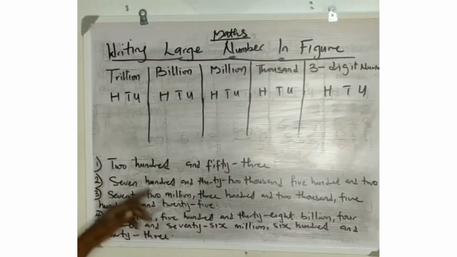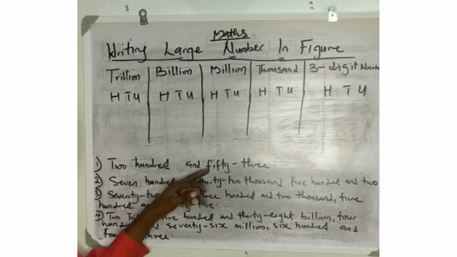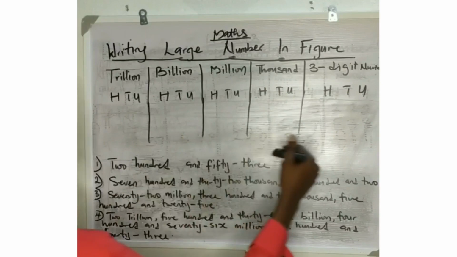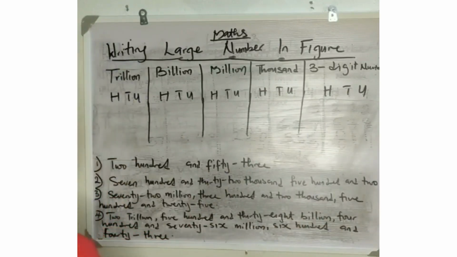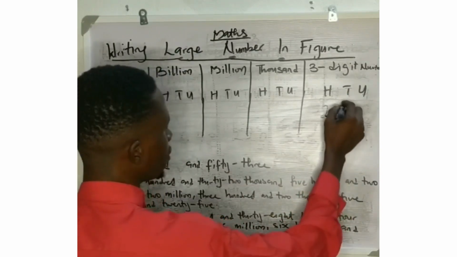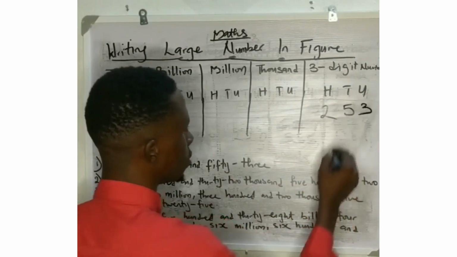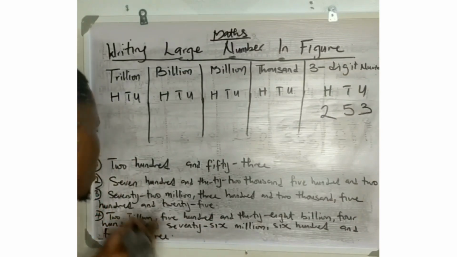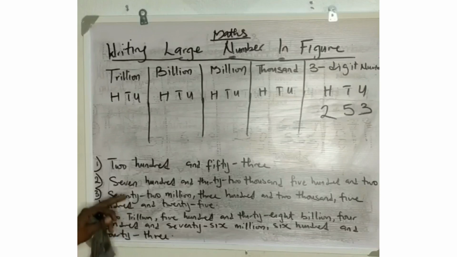Now we have 253. Where do you start from? I always start from what? The right. So we have 253. 2 is under where? 100. You have 53 and we're good to go. You see, that's as easy as possible. That's what I'm telling you. Now let's check number 2. Number 2 has